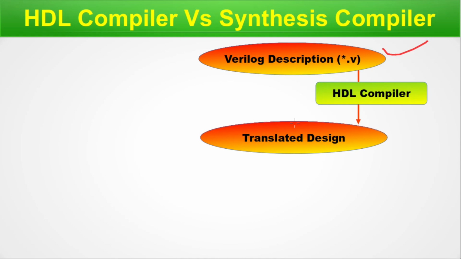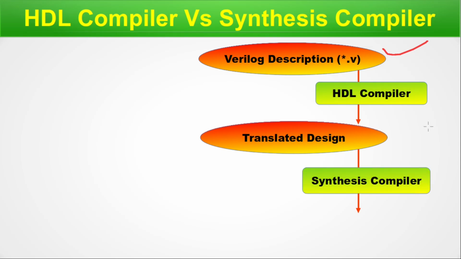So once we get the translated design, it is ready for the simulation, from where you get the 0 and 1 graphs, which you may see in GNU plot. An HDL compiler is an example like iVerilog, Icarus Verilog. And as we move further with the translated design, we have our synthesis compiler, that we are going to